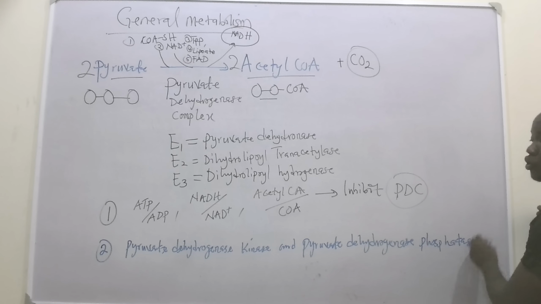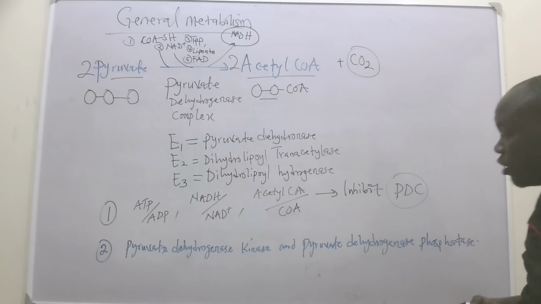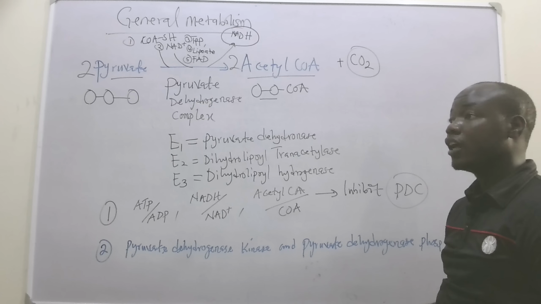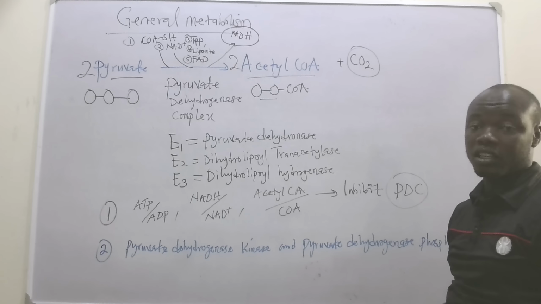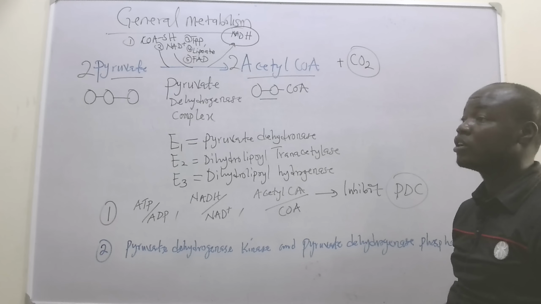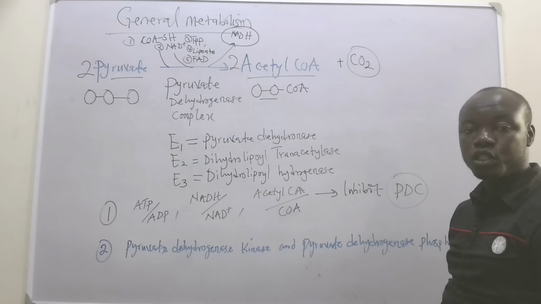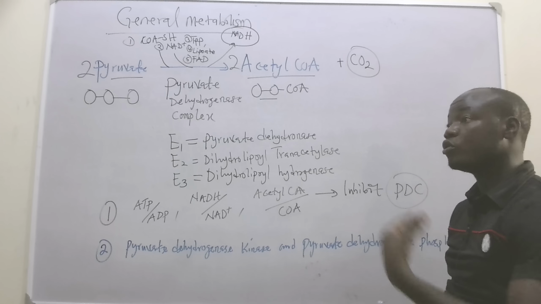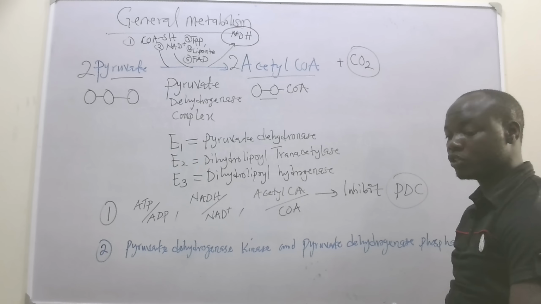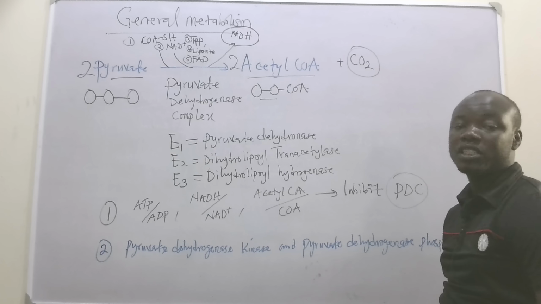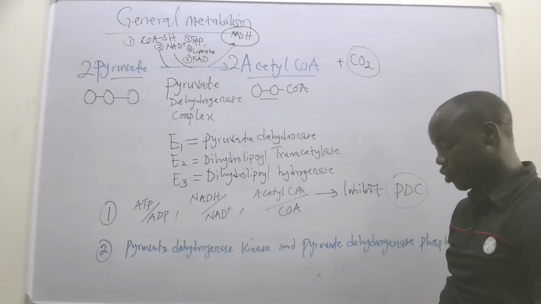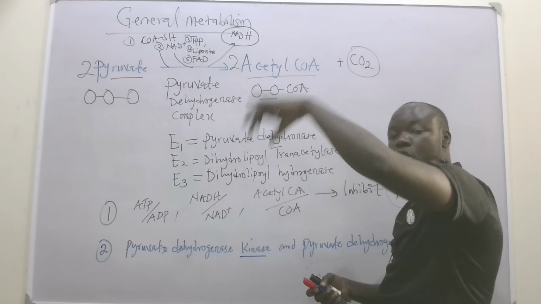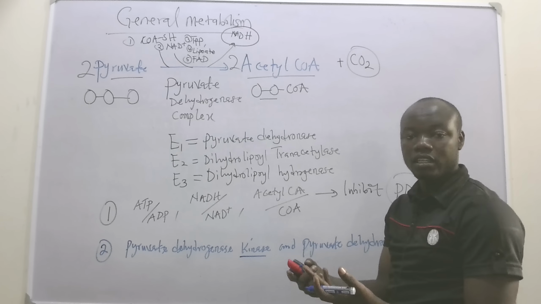Phosphatase. These are also key enzymes involved in activation, specifically covalent activation, because in metabolic regulation we have covalent modification of enzyme activity. So you can control enzymes using covalent modification. When we say covalent modification, it means adding a particular group. The word kinase means an enzyme that transfers a group to an existing compound